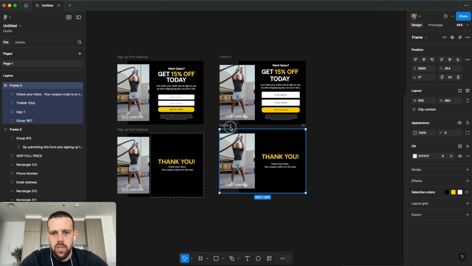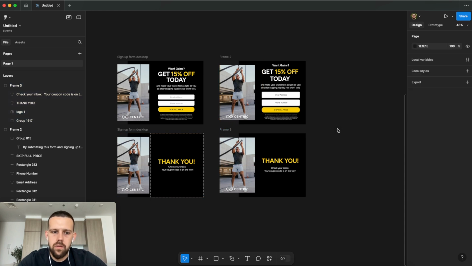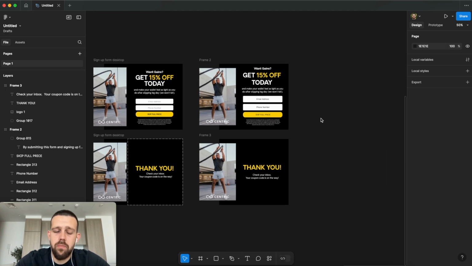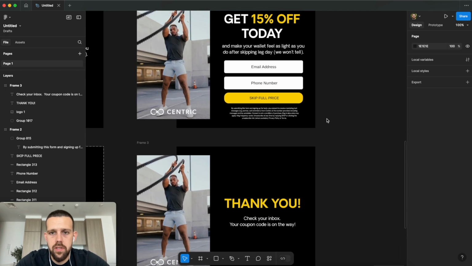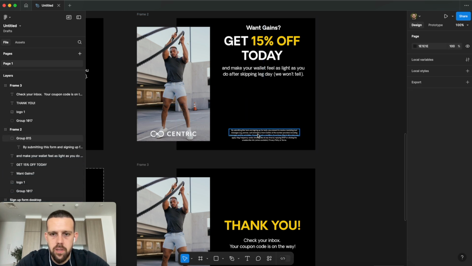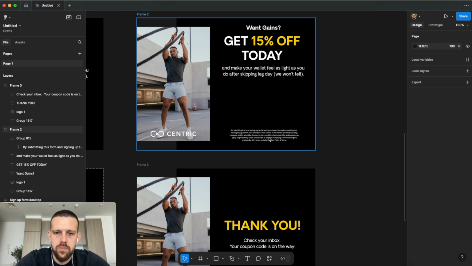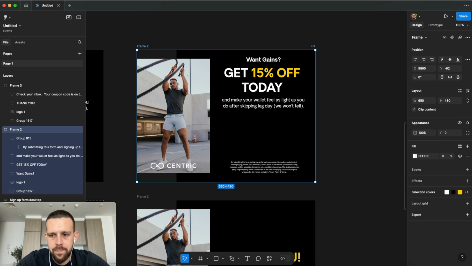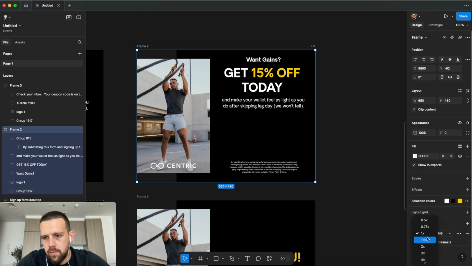The next thing we want to do is implement these into Klaviyo. The first step when we start implementing these into Klaviyo or MailChimp or whatever ESP you're using is, as I said, we have to get rid of the inputs, the button. We can get rid of that text as well, but for this example, I'm just going to keep it here. And we are just going to select the whole frame. Then click export, make sure you double that. If you're using around